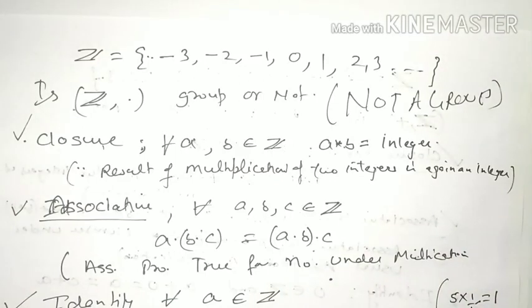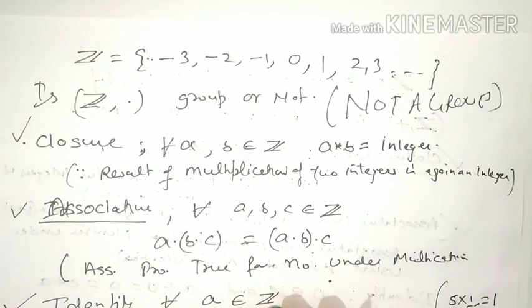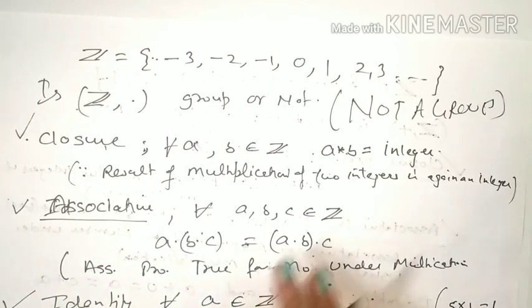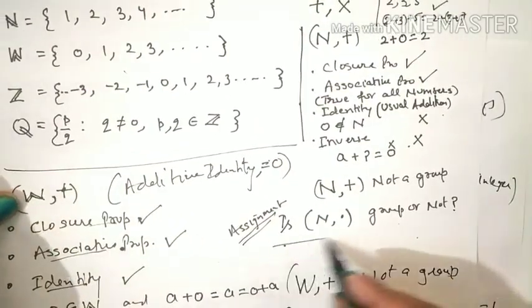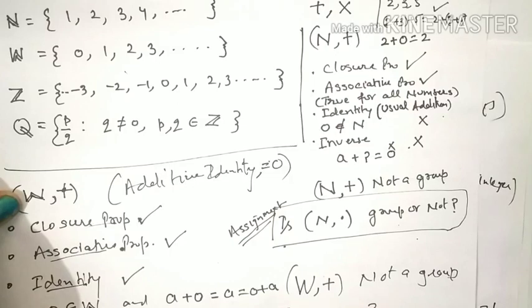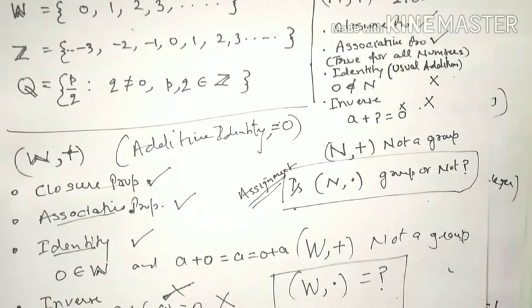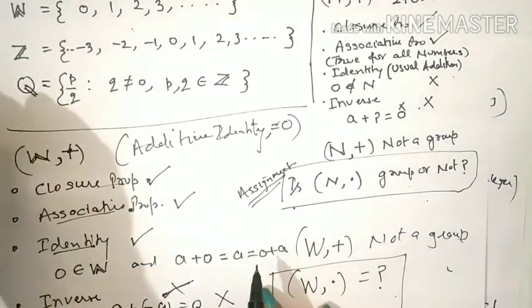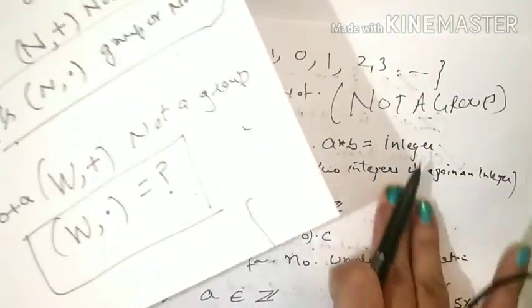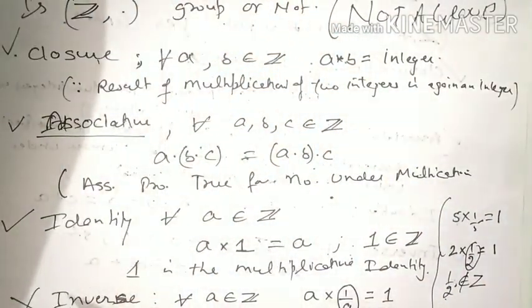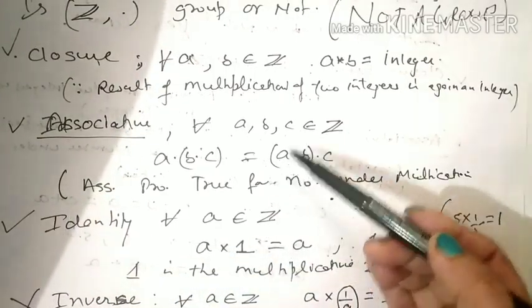But in this way you can check, and I have given you 2 assignments which you will check. What are these? First is the set of natural numbers under the operation of multiplication and the set of whole numbers under the operation of multiplication. You have to check whether they are groups or not. You have to prove it like this. Don't give examples like this. These examples we will give only when we disprove something, when we prove that a property does not hold. When we have to prove that a property holds, we have to take only A, B, C as the numbers.